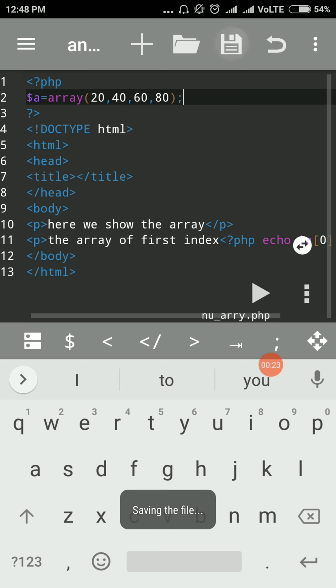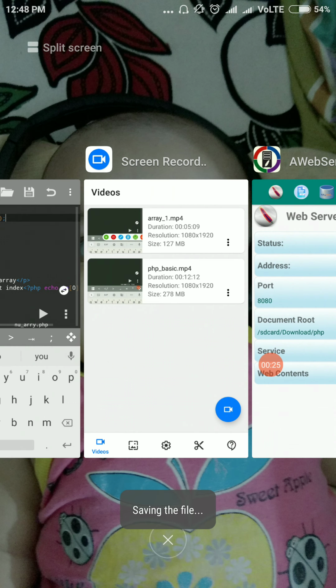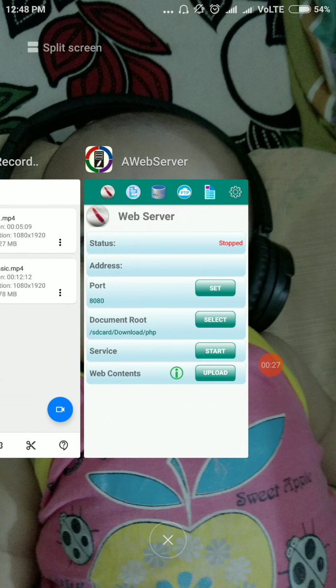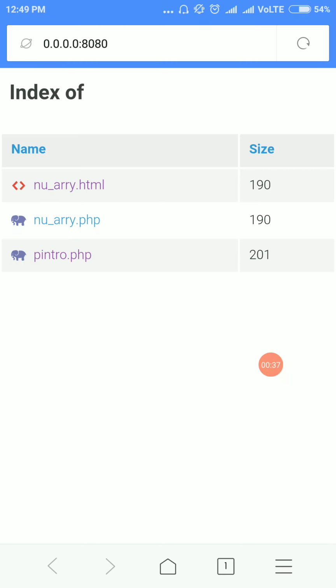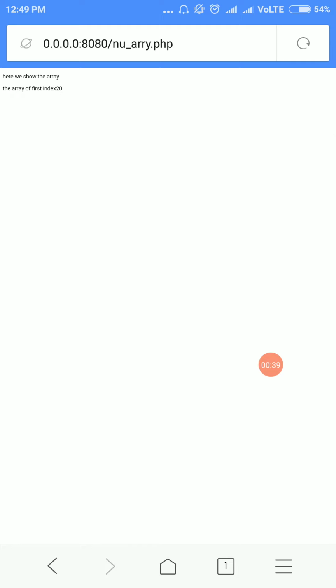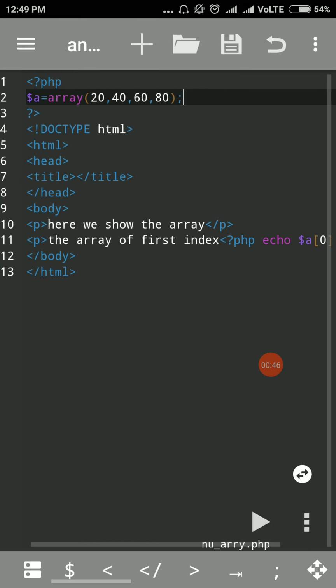We save this file and come back to the browser. Apache is already started. We open the new PHP file. Yes, now we get the index value 20. So in that way we can display the array.